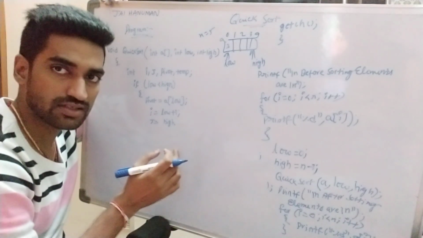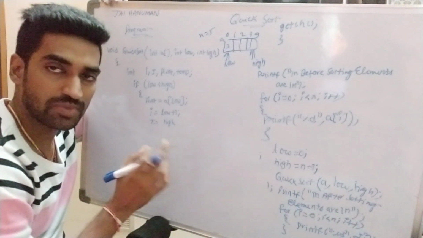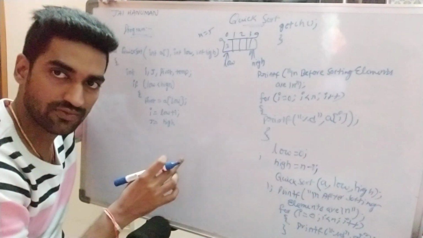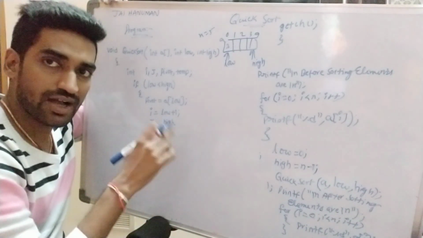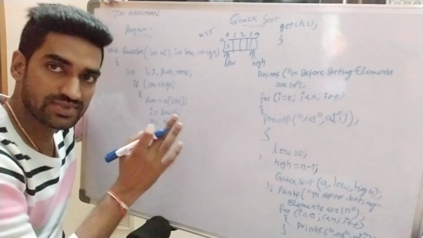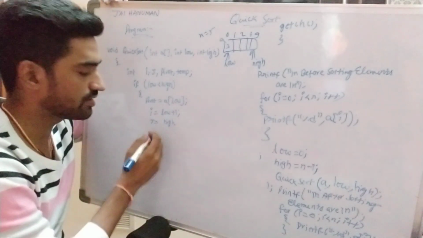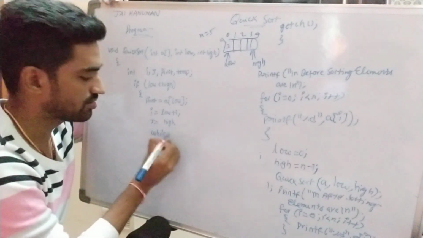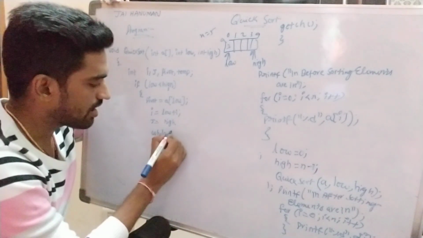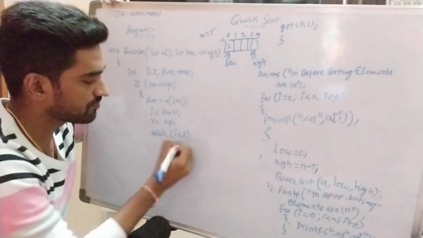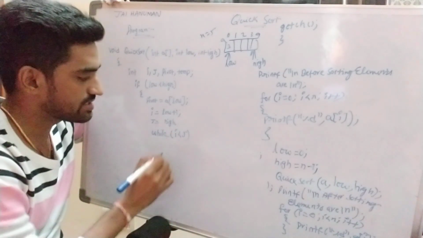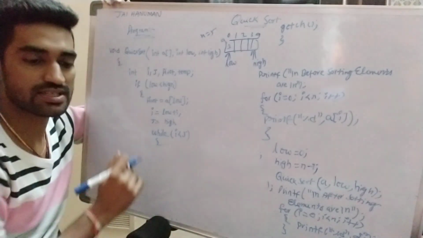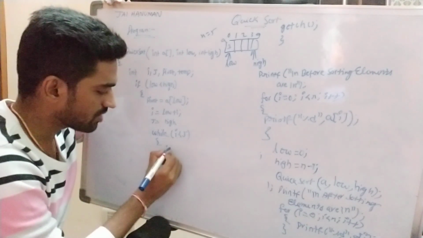Then we apply the procedure for quicksort, right? So what is the quicksort procedure? We are comparing pivot to i, and j to pivot. If both are false, then we can swap i, j. Otherwise we can swap the j and pivot element, right? So here I am applying the general procedure while i less than j. While i less than j, we are checking this condition. So this condition becomes true. Then we are checking one more condition.